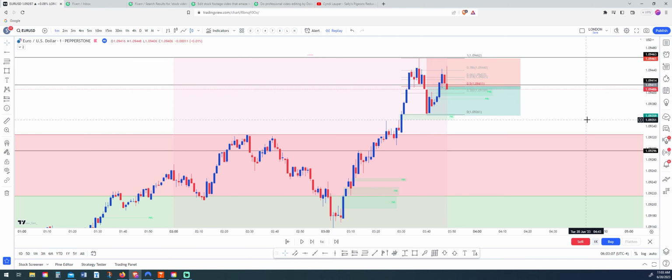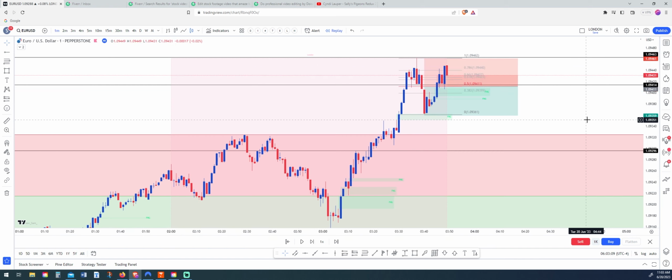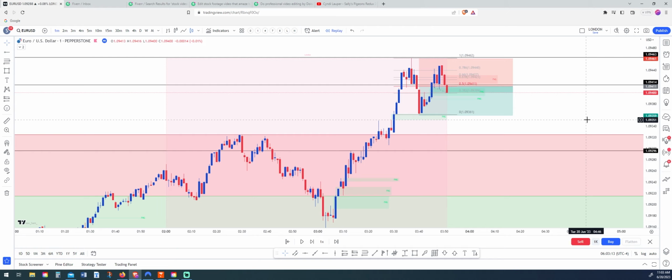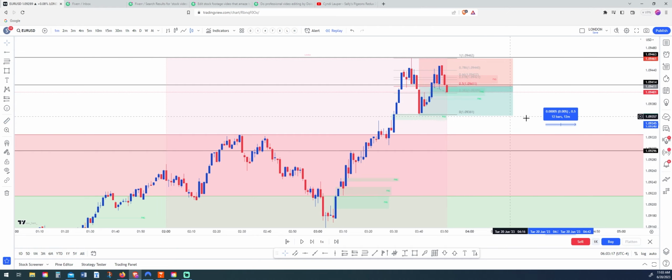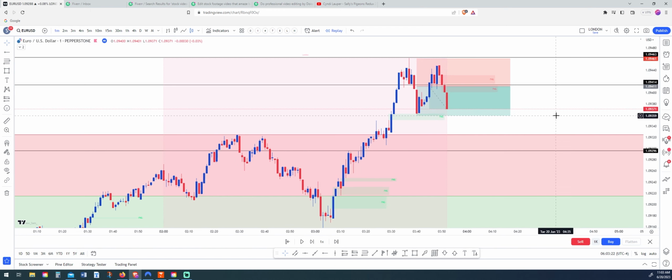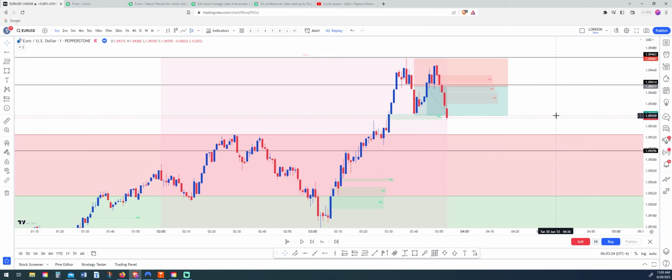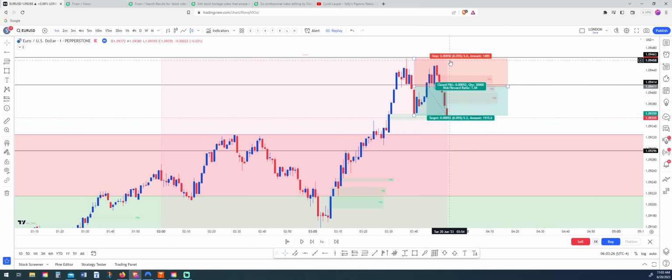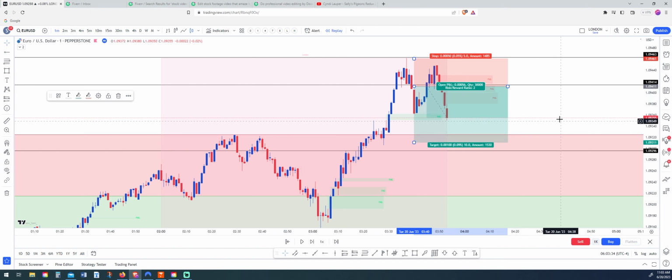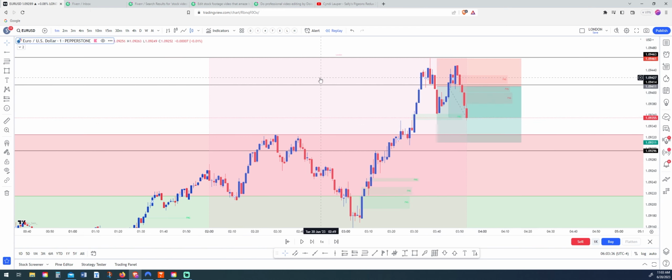A deep pullback. Okay, so left fair value gap here. So we've hit our 5 pip take profit, our 1-to-1 there. So I would be personally, on my trading plan, closing out in full. However, let's just see if we can get a 2-to-1, because that is something that I'm interested in maybe implementing